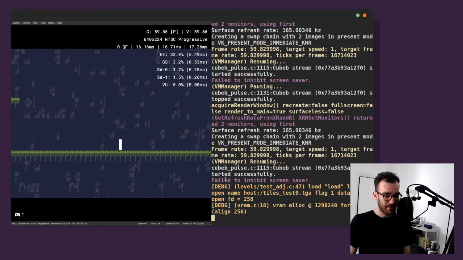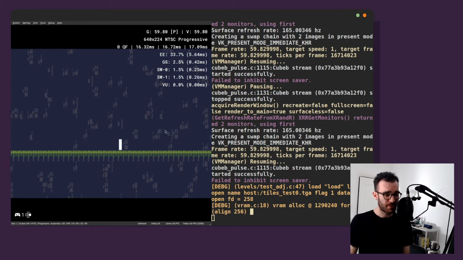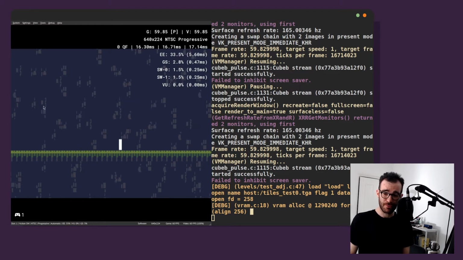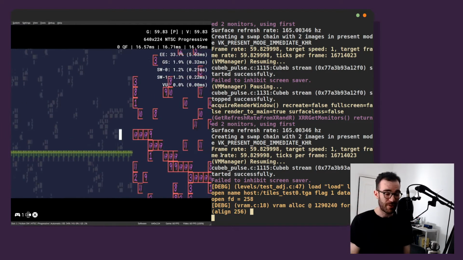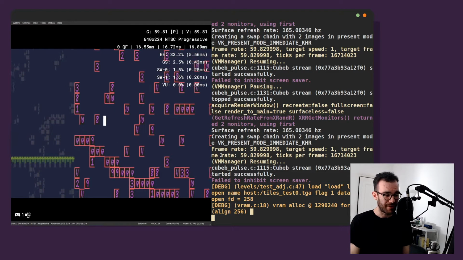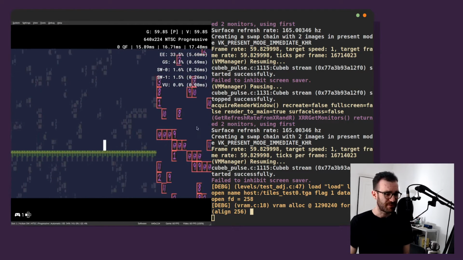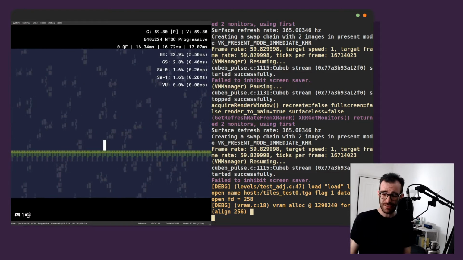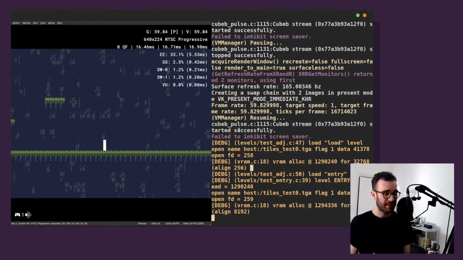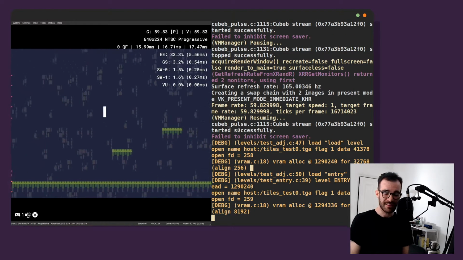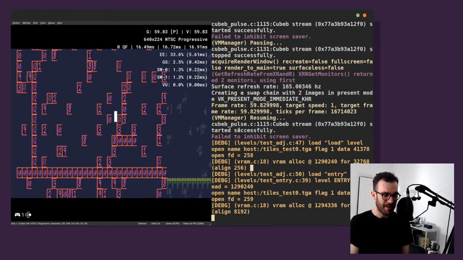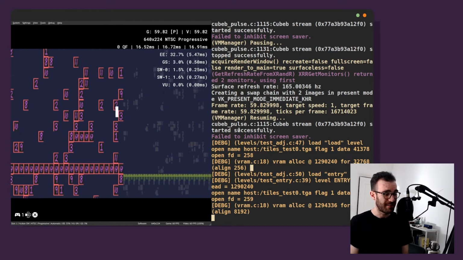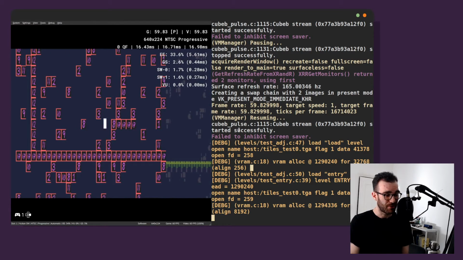And then as we go across, at a certain point, this message logs, which means we've just unloaded the level chunk that was over to the left. We've loaded in a new level chunk to the right. And we have a world that we can stream data in and out. We could have lots of pretty tile sets, and they'll just keep loading and unloading as we move around. And that's the goal. That's what we're really hoping to do with this, to be able to have a big open world that we can move around in that actually takes advantage of some of the quirks of the PlayStation